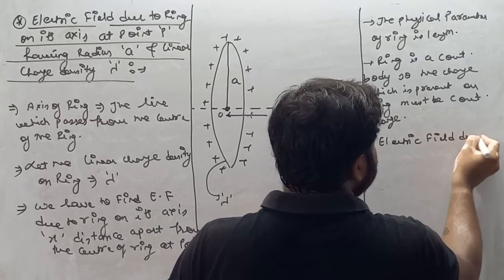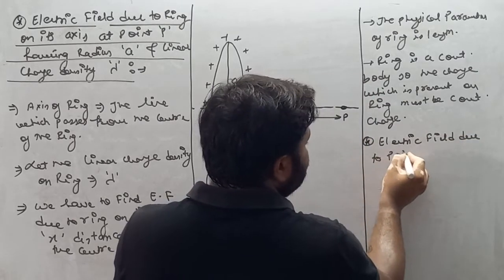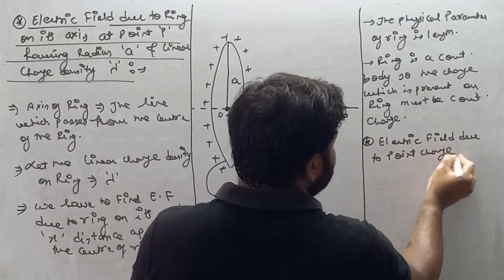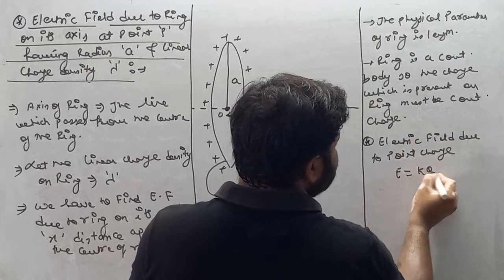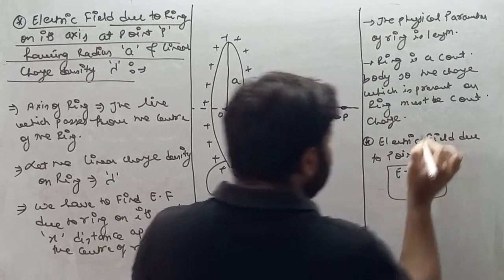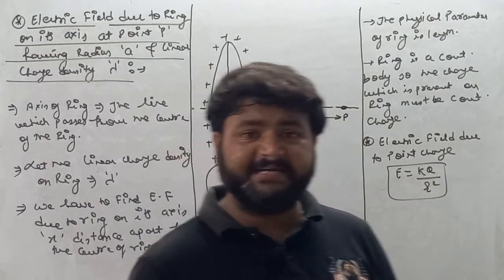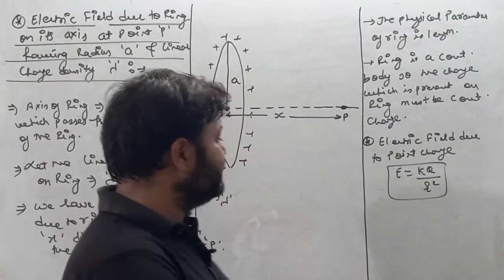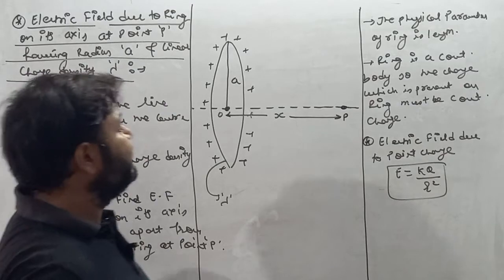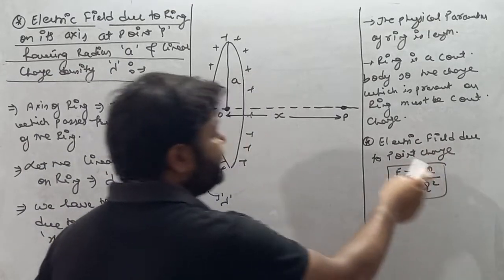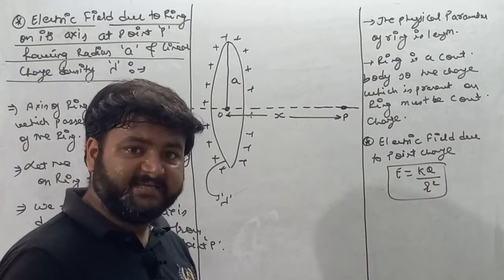Electric field due to point charge. We know that it is kq by r square, and for positive charge it is away from the charge, and for negative charge it is towards the charge. So my dear student, we know that the value of electric field due to point charge, but see, this charge